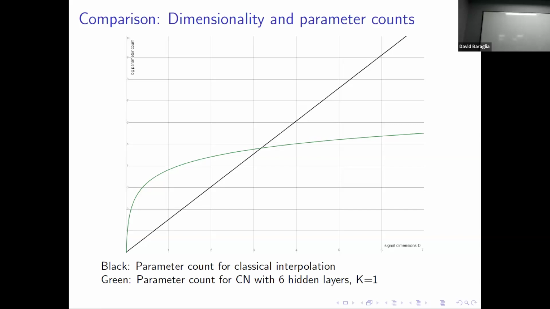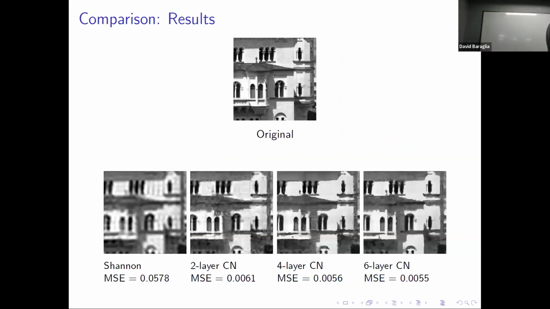So this doesn't tell us anything about performance. This is just telling us about number of parameters, but it still maybe gives us a bit of a hint as to why neural networks are so good for high dimensional data, because at the very least, they can be implemented cheaply in terms of the number of parameters you need. Anyway, going back to my experimental results,